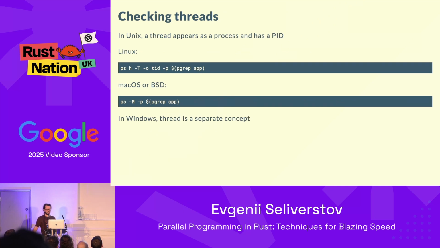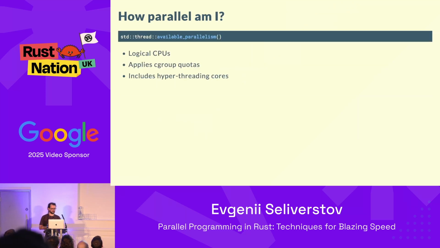And how do we actually understand how many threads we have? Here goes the difference between Linux and macOS. I don't even mention Windows. And actually, we're happy that this concept is abstracted by Rust. We'll see this a lot of times here. Rust tries to make our program really isolated from platform details. So we can ask, how many logical CPUs do we have? Yeah, and it also applies cgroups, so we can understand when we are running in a Kubernetes or Docker container, and it also counts, unfortunately, hyperthreading cores,